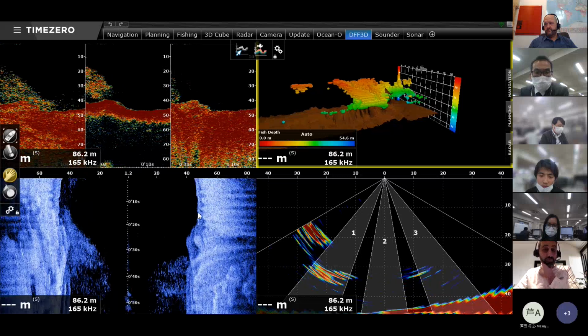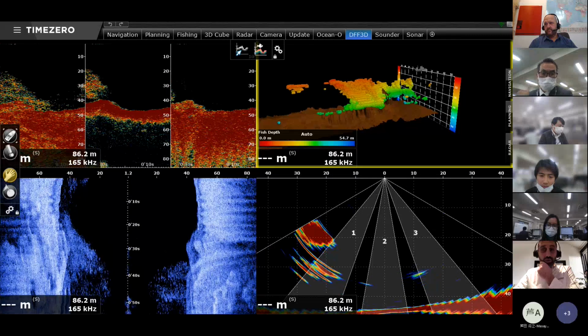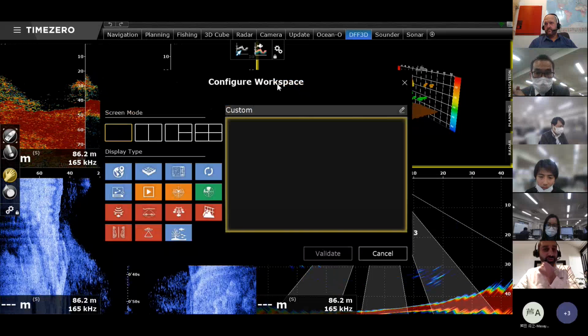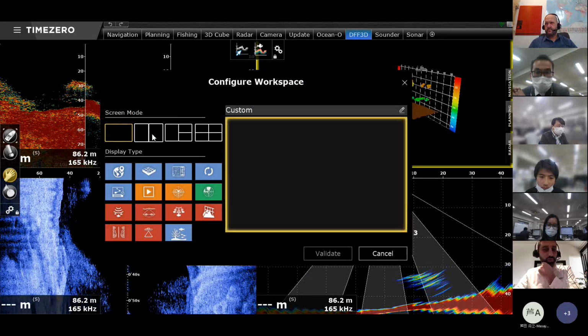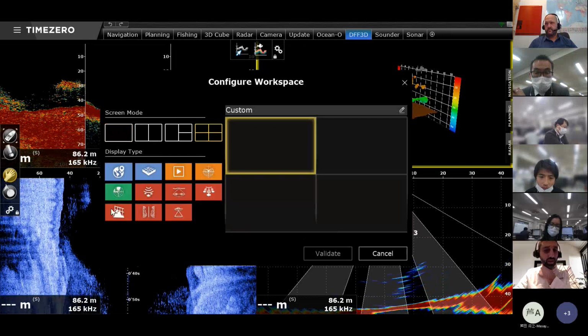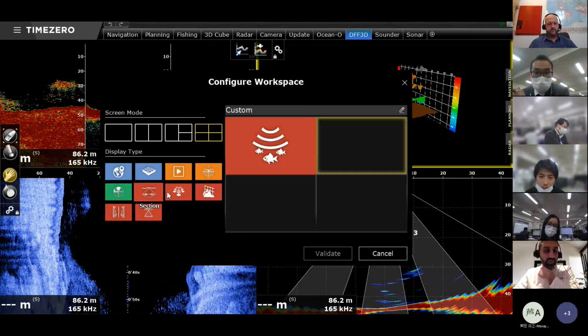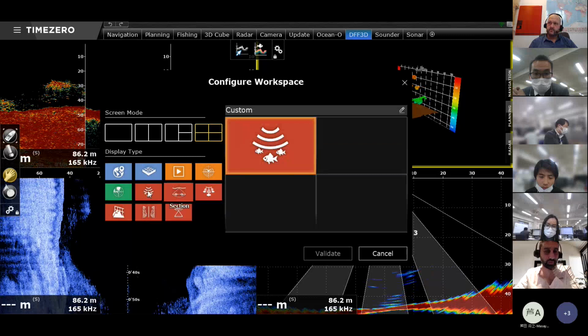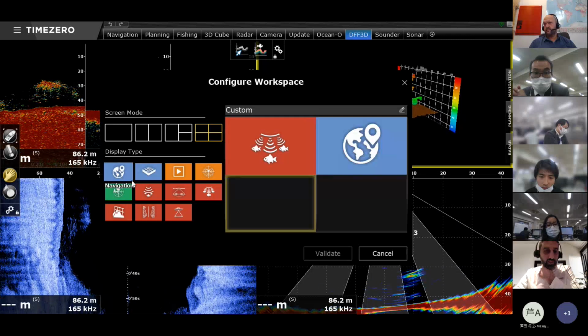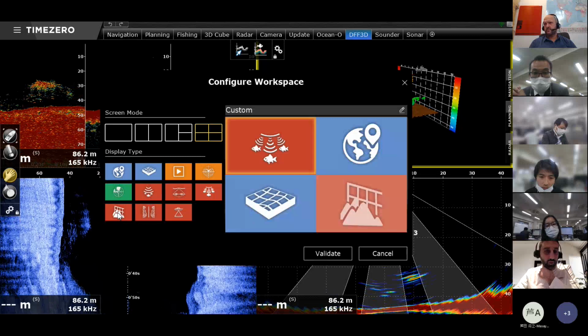And we're able to display these 4 screens because, like I told you, you can configure your workspace here by clicking on the plus button, basically the way you want. So you can say, okay, I want to split the screen in 4, and you can add a sounder, maybe a multi-sounder, maybe your chart, your 3D, and a water column.